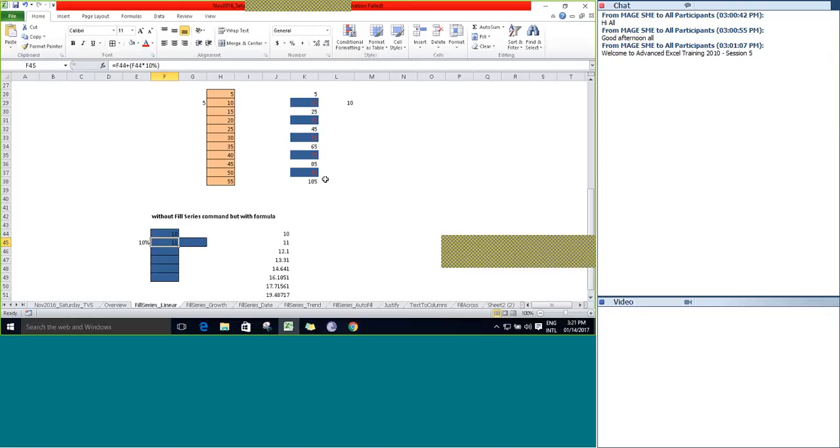So based on this, let's generate a string pattern now. Drag till the end of your range of your choice.